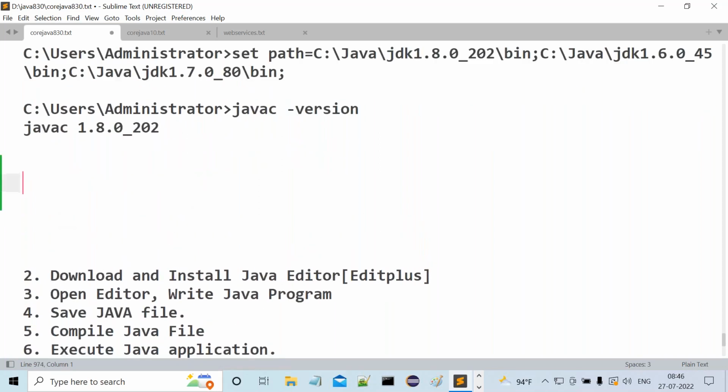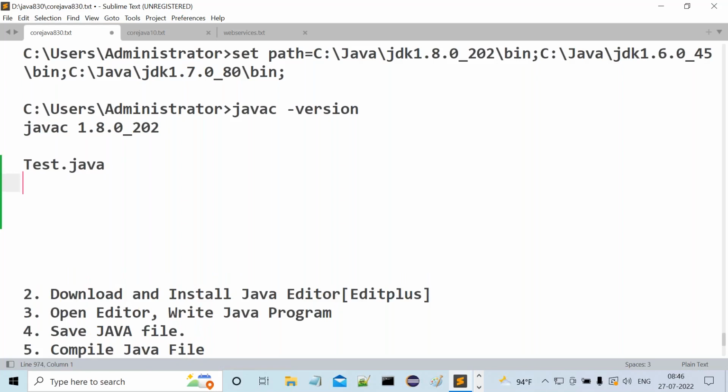It's very simple. First of all, we have to prepare a program. My program is Tester.java, for example. I want to compile and execute this program on the Java 6 version. The program is already ready, so I have to compile and execute it on Java 6. Then go to